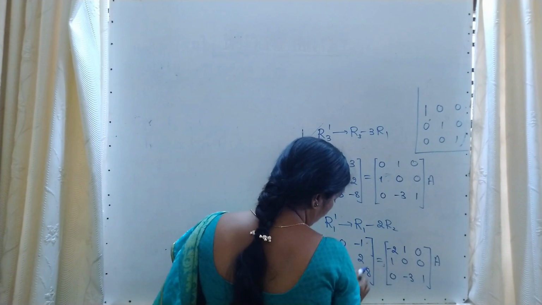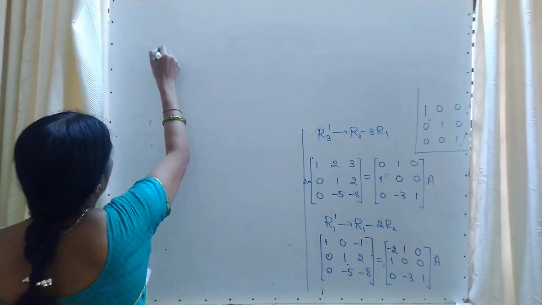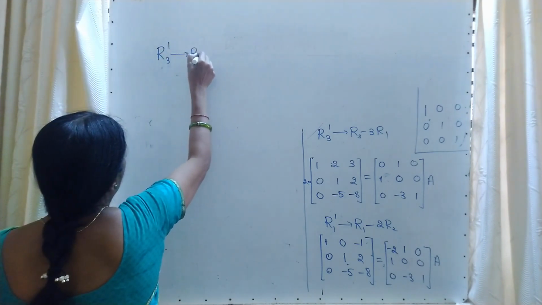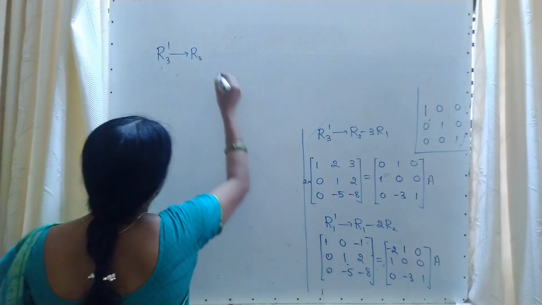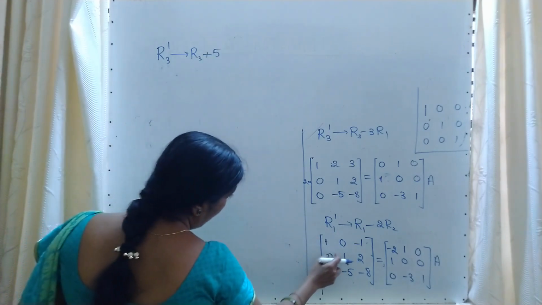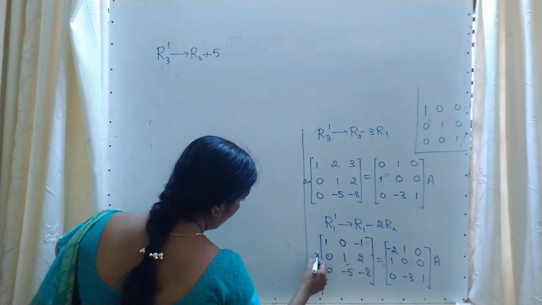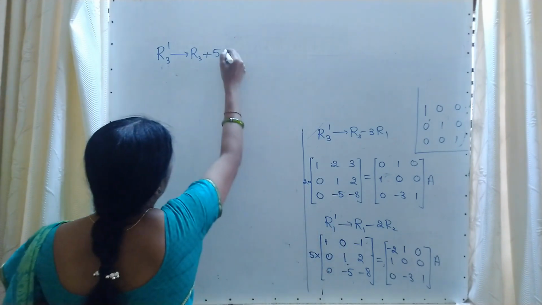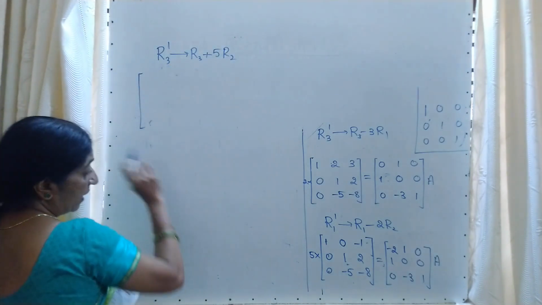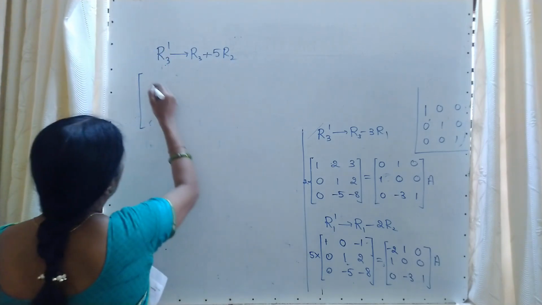Next 0. But here we have a minus 5. Then how you are writing? Minus 5 is present in third row. R3 dash is R3 and it is a minus, that's why I am writing plus. The same number is multiplying with second row. Why second row? If you multiply with first row it is a 0. There will be no change. R2. So keep the first and second row as it is because R3 dash we are changing the third row.